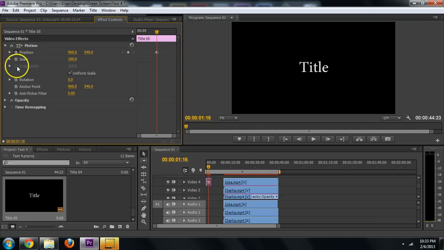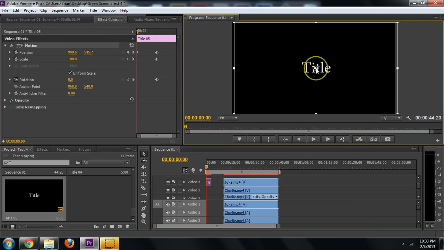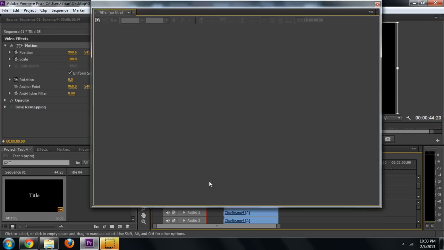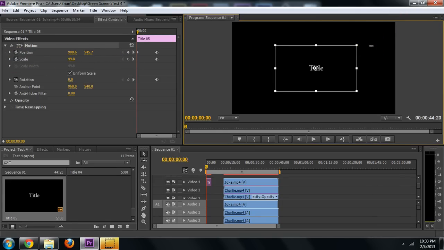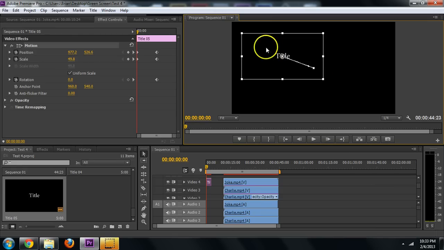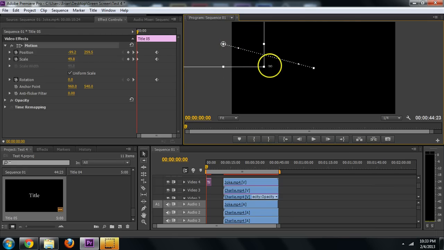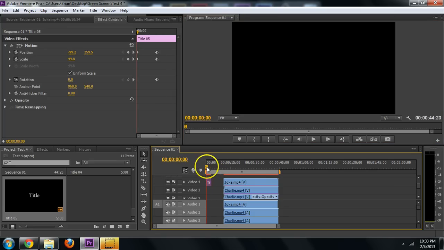So I'm going to do scale and position and also rotation, and go back to the beginning, and I'm going to actually move it. Now if I double click on it here, it brings up the title screen again, but I double click on here in the beginning. Let's say I do want the scale and position and rotation to be different, so I'm going to make this a little bit smaller, and I can hold down shift while I do this to keep the proportions, and I'm going to move it off camera here a little ways, and I'm also even going to rotate it a little bit. Okay, and so if I watch this now, I hit spacebar here, and here it comes zooming in,